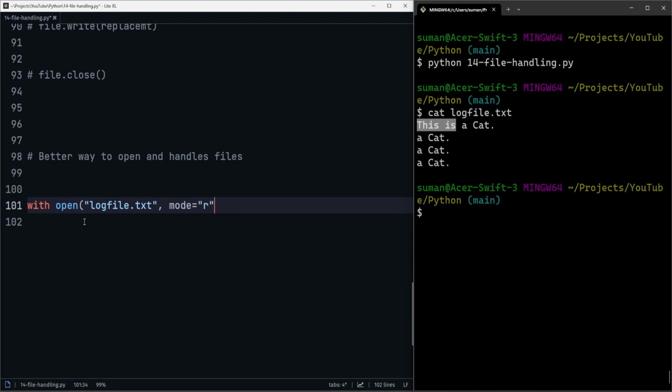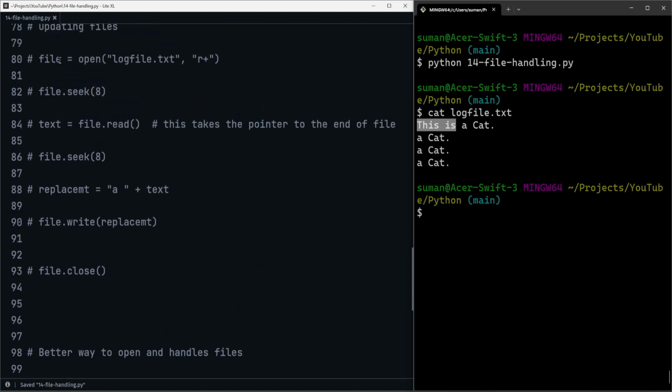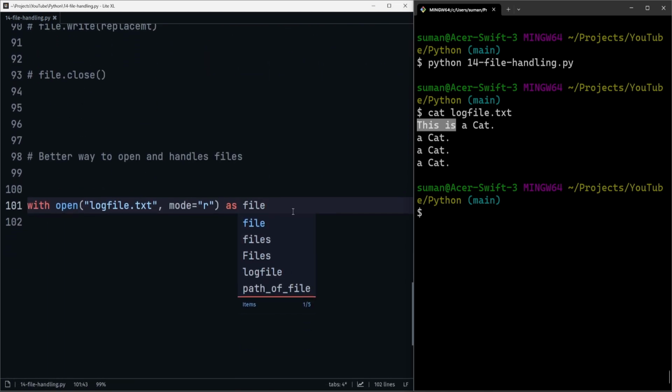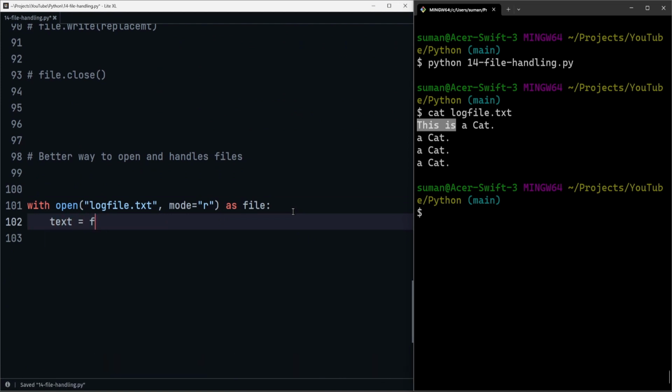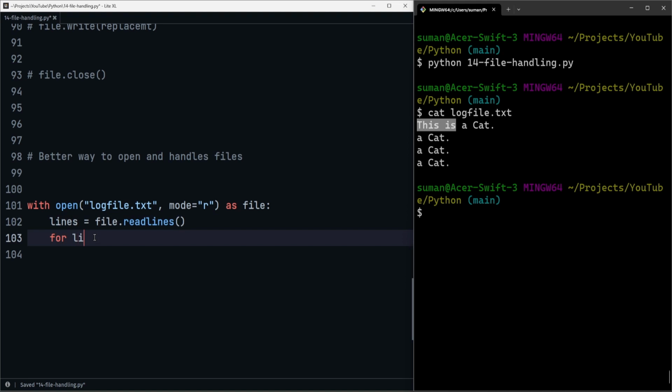Suppose you want to read a file, then you need to write as, then the variable name that you are using right here. You are using file equals to this, so you put as and the name of the file. Now here you can do anything, like print file. You can use file dot readlines. Readlines will take all the lines, and now you can do a for loop. Let's name it lines. Then you can do for line in lines, print line,